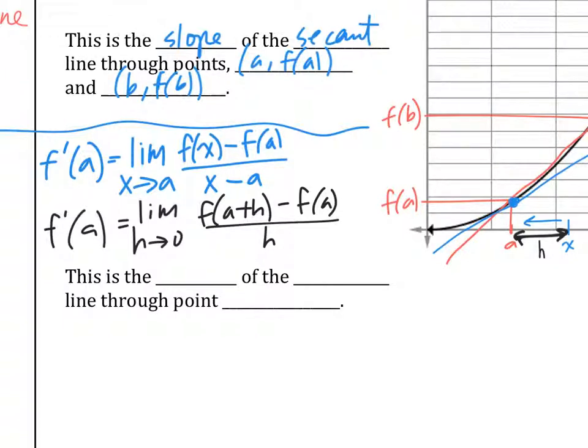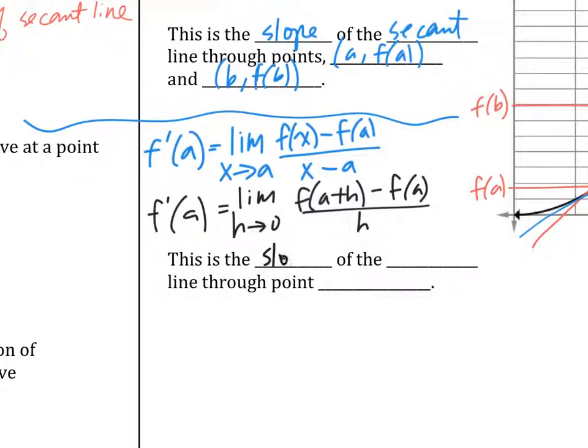That is the formula you have to memorize, and that's the formula that everybody uses. This is the slope of the tangent line through just one point, and that point is A, f of A. So that is the slope of the tangent line through x equals A, only at one point. Will they give you h? h is irrelevant because you always bring h down to 0, so it doesn't really matter.